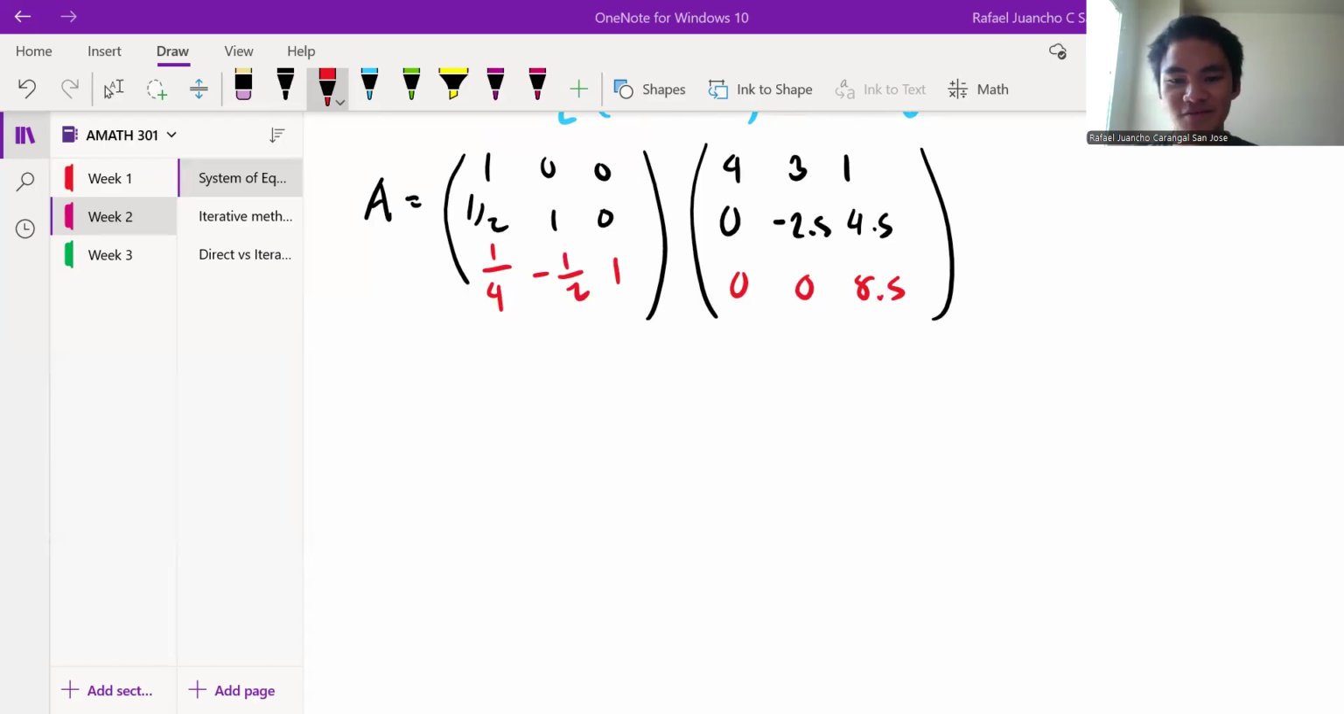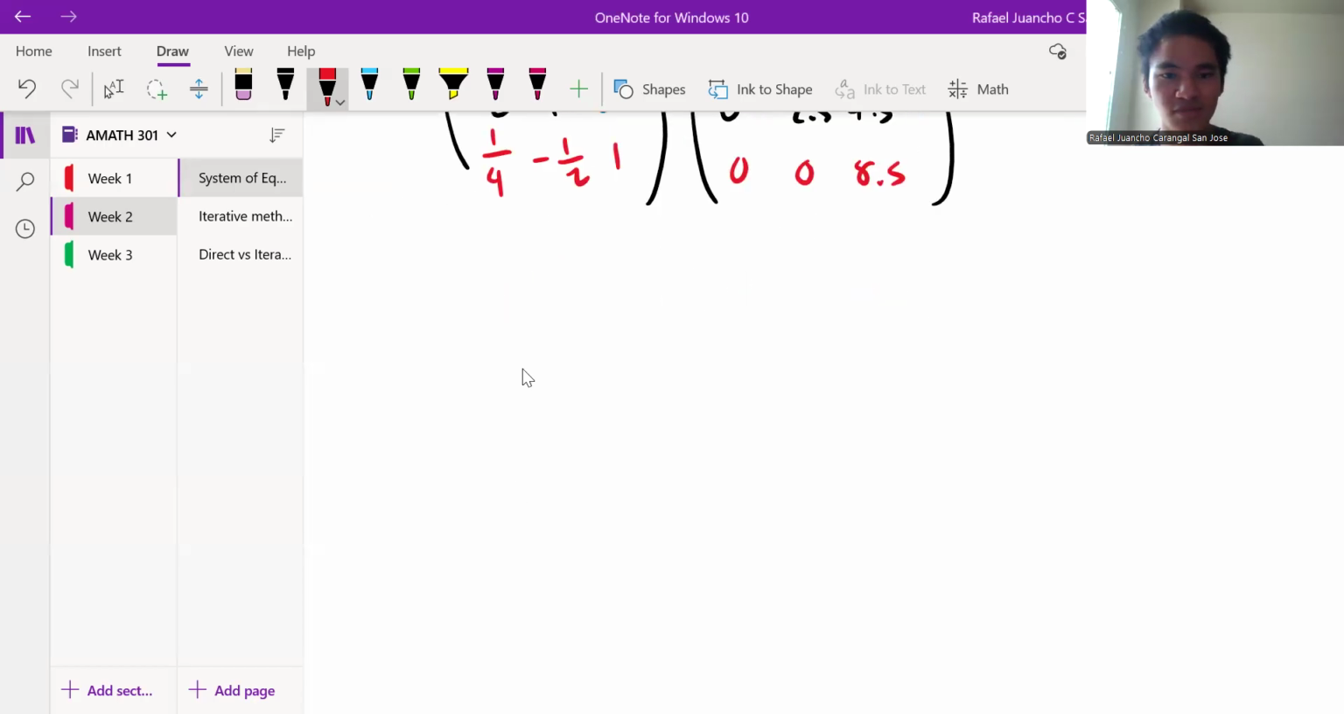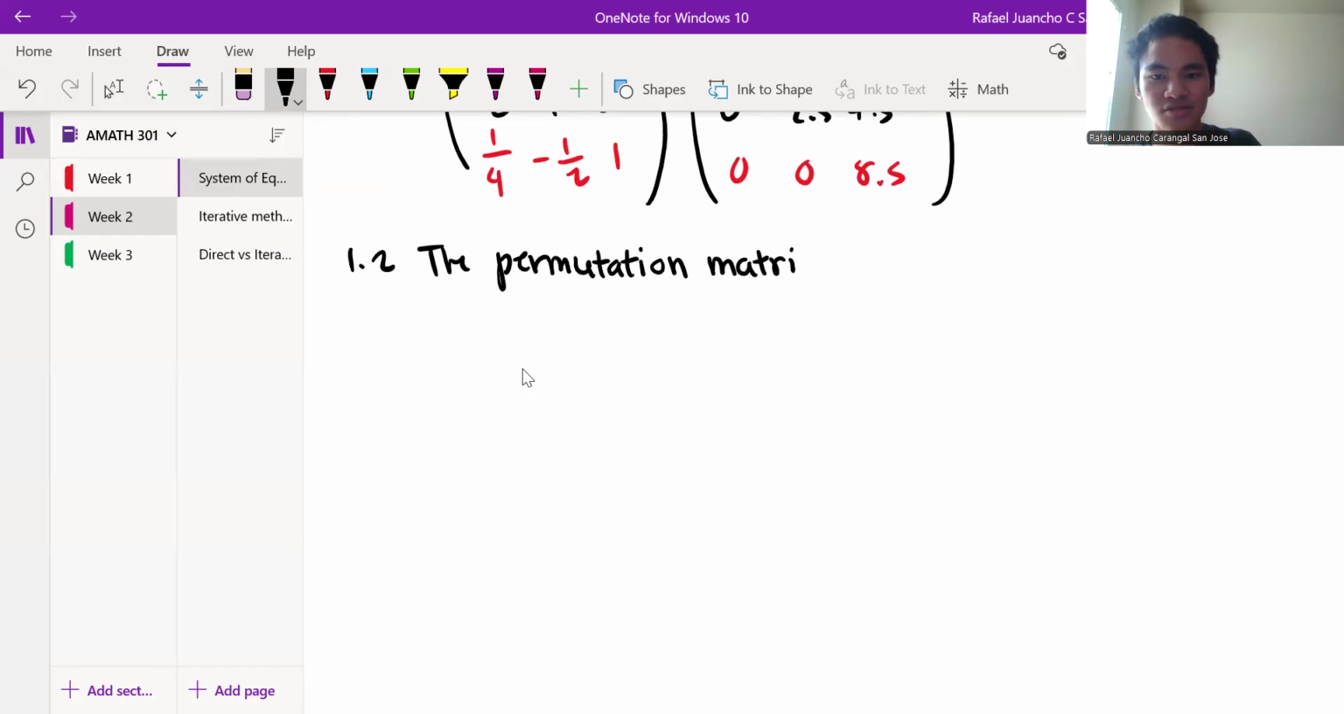Okay, I'm gonna add a video there because it's gonna be a bit too long. But the next thing we're gonna talk about is still these ideas about linear systems. I'm gonna give a teaser actually. So the next thing we're gonna be talking about is the permutation matrix. And basically, well, it's another way of making,